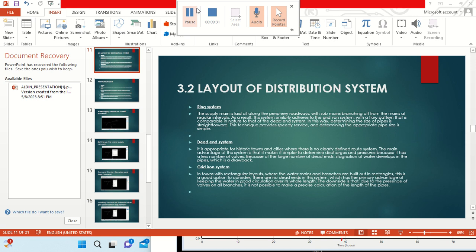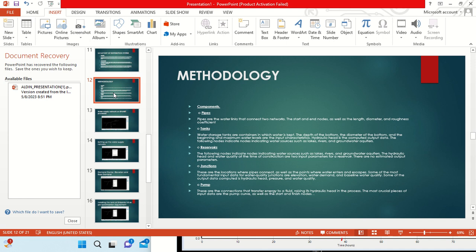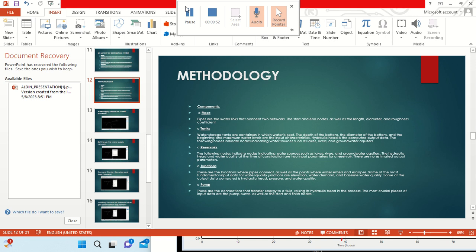Layout of distribution system. We will consider the following: the ring system, dead end system, grid iron system. Now we're going to look at the most important component of this report, which is the methodology. We're going to look at the components which I have mentioned before, which are pipes, tanks, reservoir, junctions, and pumps. These are all components that make up a well-designed